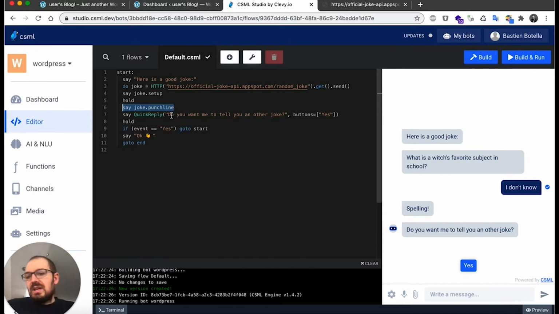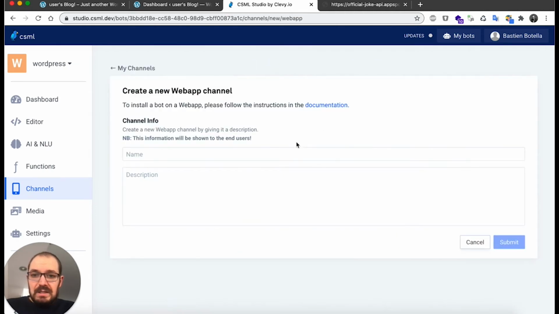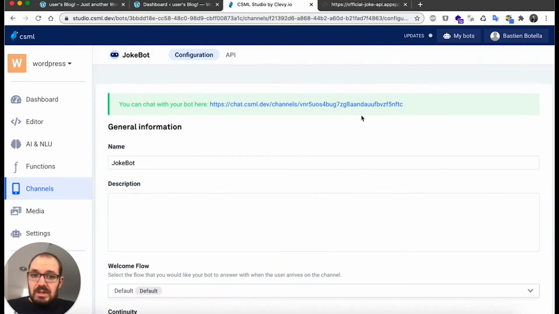So how do we integrate this into WordPress? You need to go to channels, and we'll need a web app channel. We give it a name, so joke bot seems suitable. As you can see, you can check your chatbot on a public URL over here. So if you click on it,